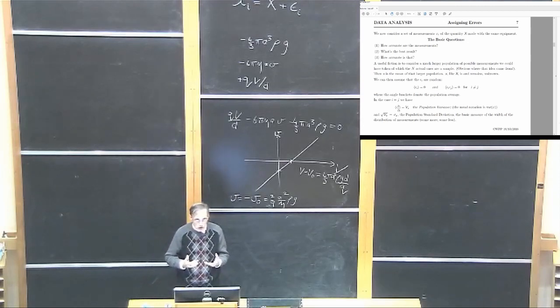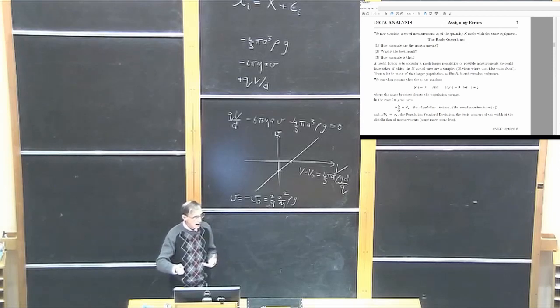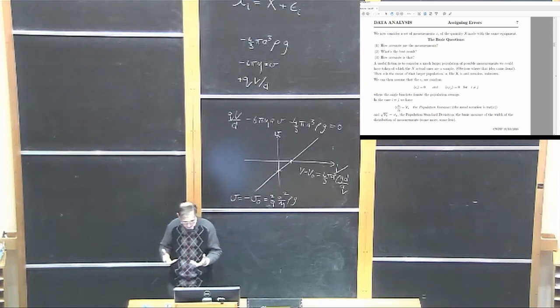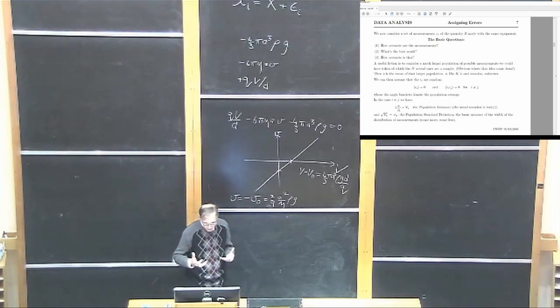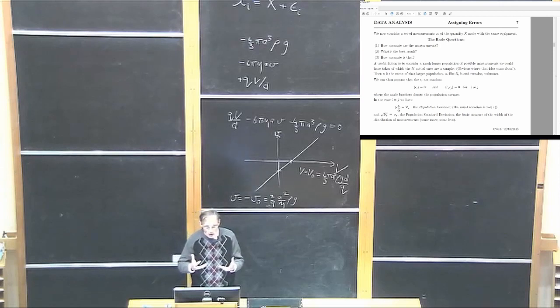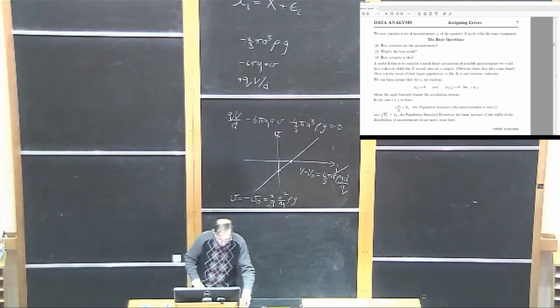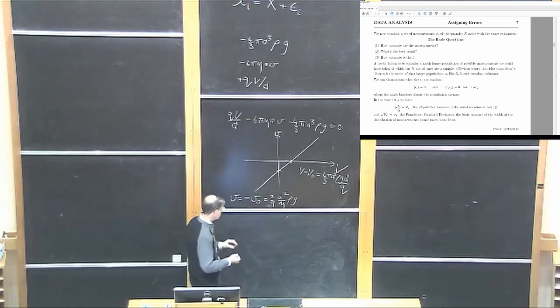So there are two different answers involved here. There's a single answer from the data, and there's the answer from combining all the data together. And those have different errors. It's as simple as that. I can't say it's simpler than that. So those are the three things that we need to know how to calculate. Now, the accuracy thing,